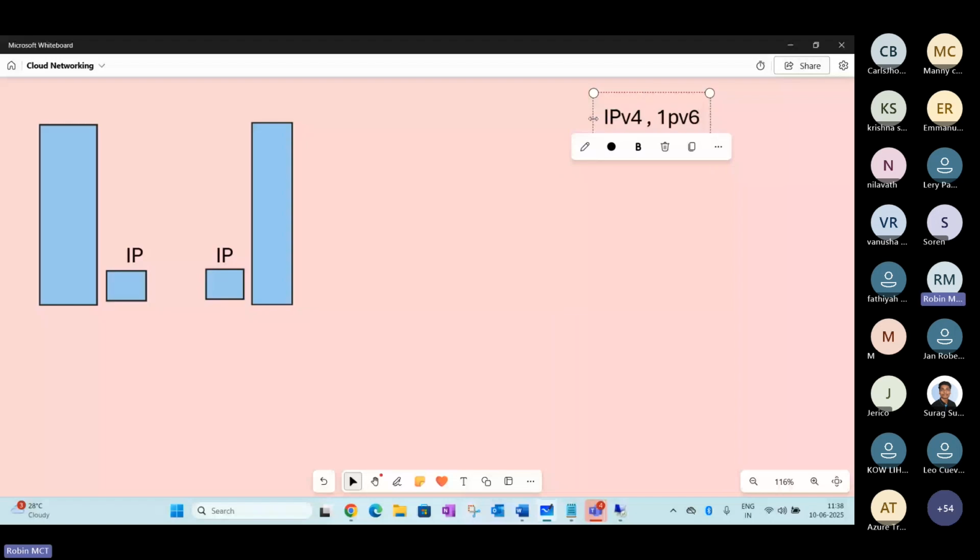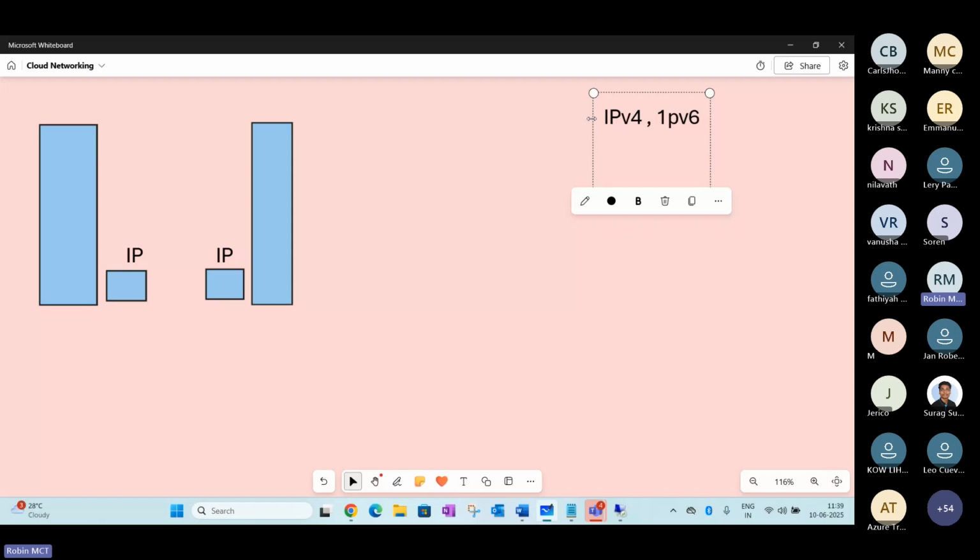You can see you have an option available, with IP version 4 and IP version 6 supported here. Practically, if you see the IP address length, you may see a 32-bit or a 128-bit, and the address format in decimal. And the number of addresses: IP version 6 supports up to 40 bytes, or 340 undecillion addresses.